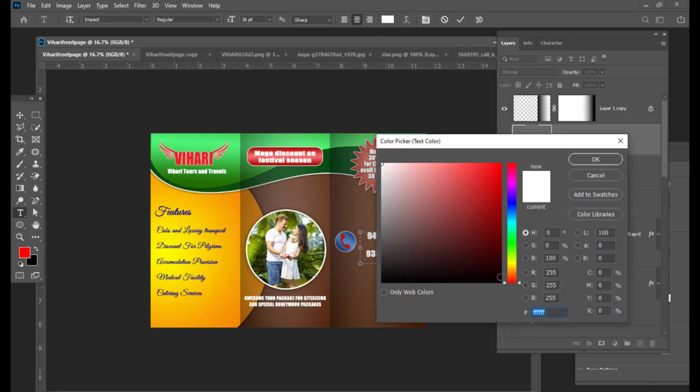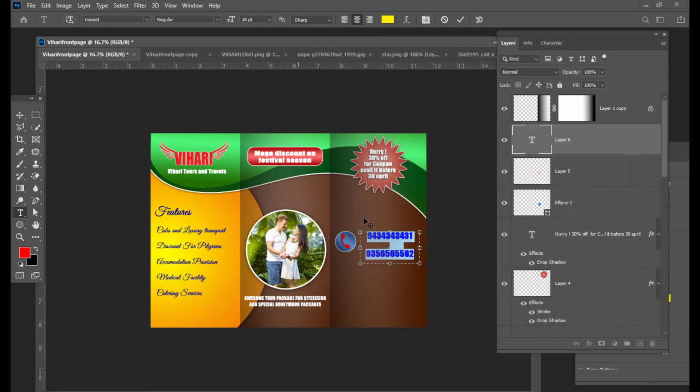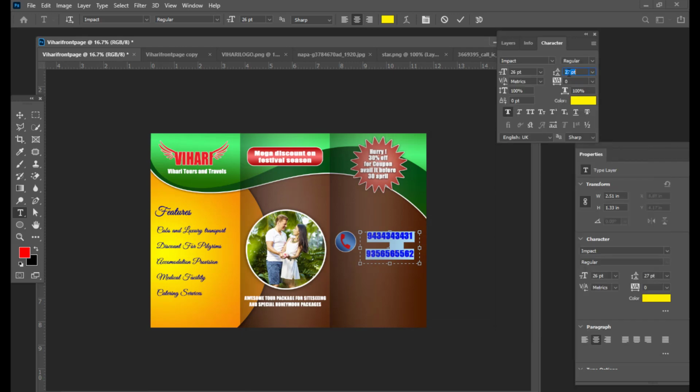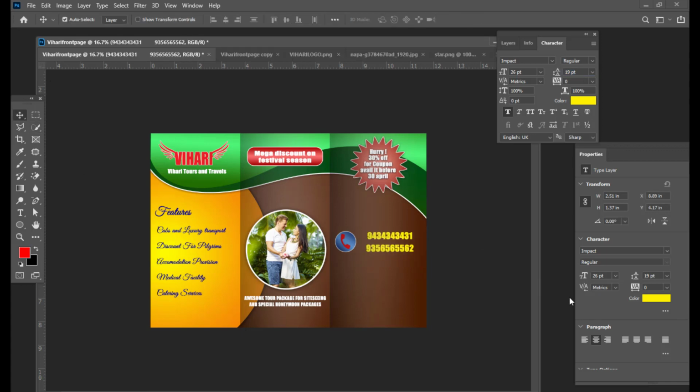We'll give them a pure yellow color, right, and also we will reduce the line gap, right. This looks fine,